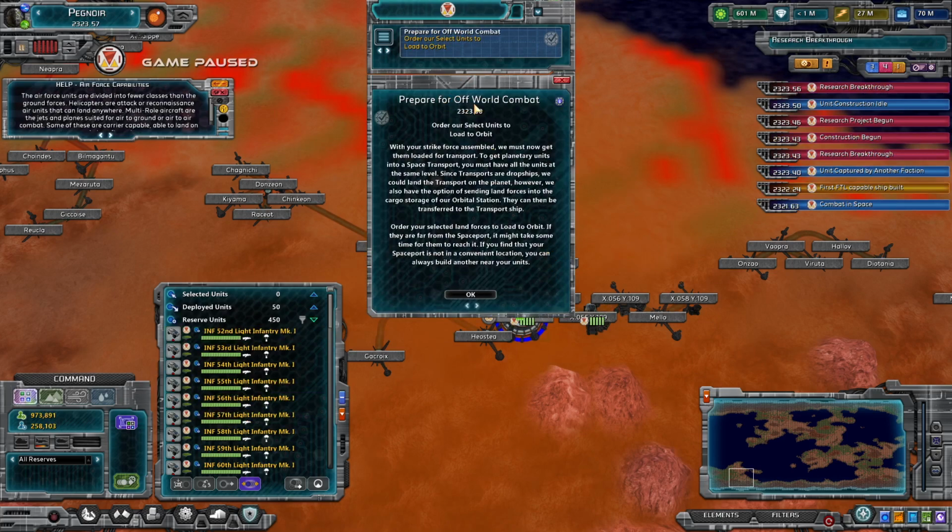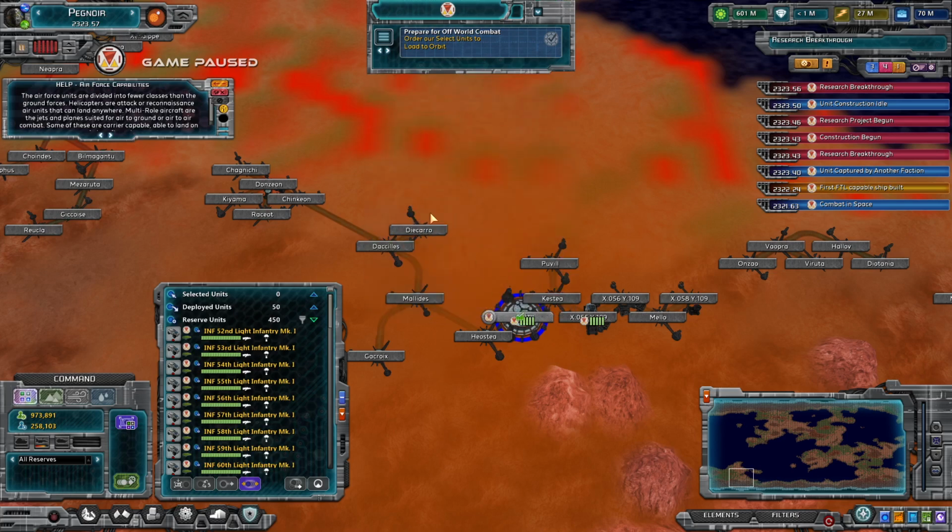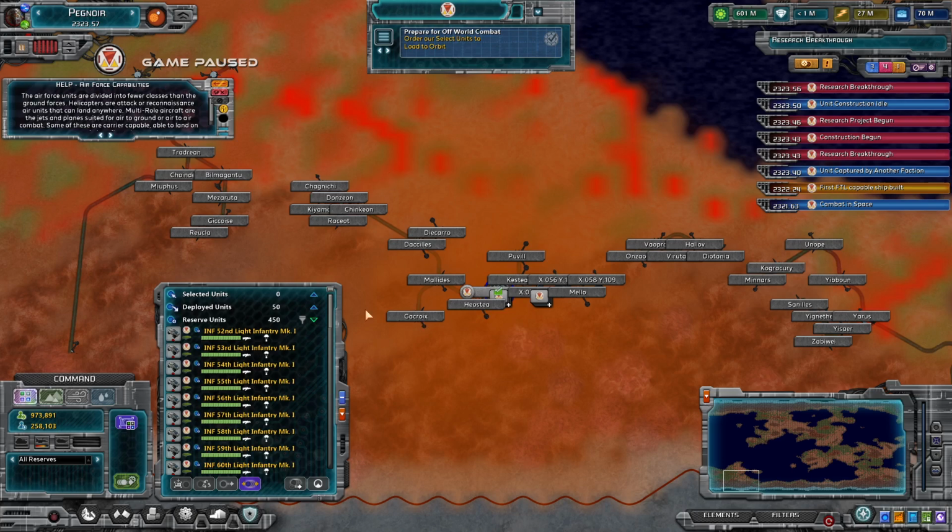Okay, now let's prepare for off-world combat. So we must now load them for transport. So we've done this, so we have to get them all... you can either land the transport on the planet or send the forces up into space, which we've done in the previous tutorials. So we're going to go ahead and order our guys to...